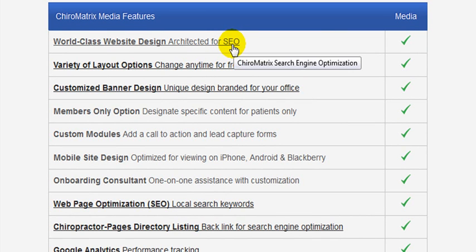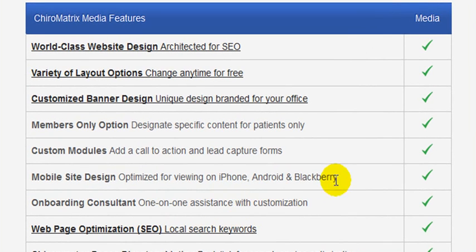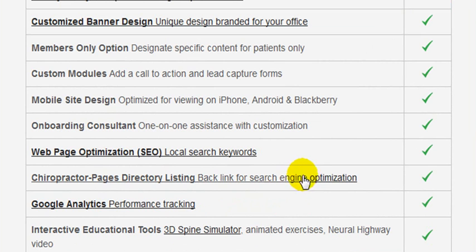SEO is search engine optimization. Of course, you get layout options, and let me be clear, ChiroMatrix is a website design and development company. They offer you a website that you can use in your marketing efforts. They also give you custom banner design, uniquely branded to your office. They have a members only option for you. They have custom modules that, if you want, you can add: lead capture forms, mobile site design, onboarding consultant, one-on-one assistance with your customization. So they provide a little support there in getting to know your website,